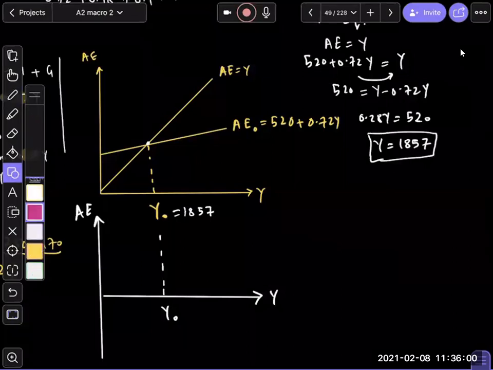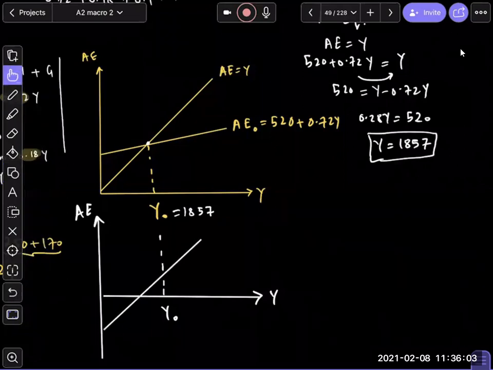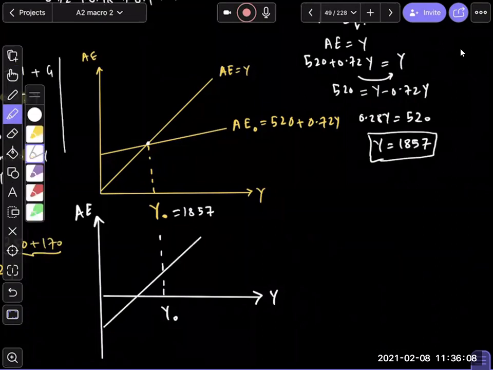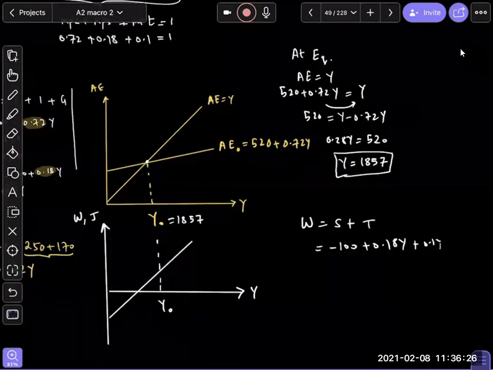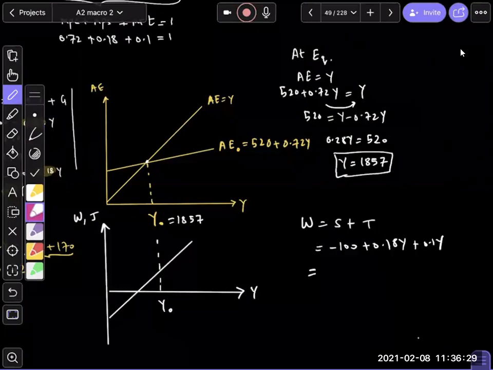Lower down, I'm going to write two things, guys. Lower down, I should write W comma J, right? What is my equation for W? W is S plus T. S is minus 100 plus 0.18y and T is 0.1y, right? So my equation will become minus 100 plus 0.28y. So I'm going to write W is equal to minus 100 plus 0.28y,